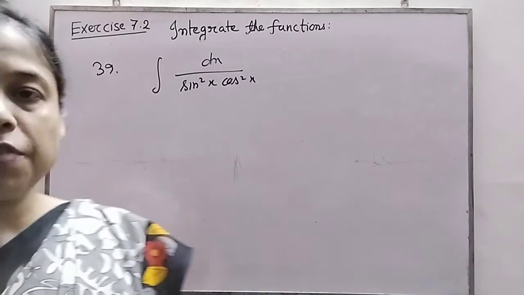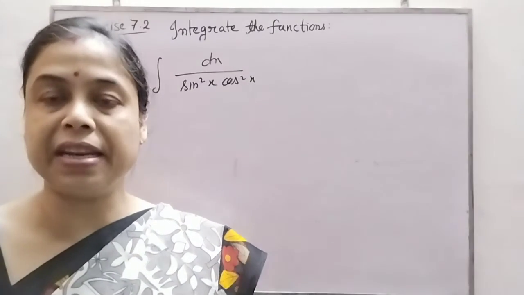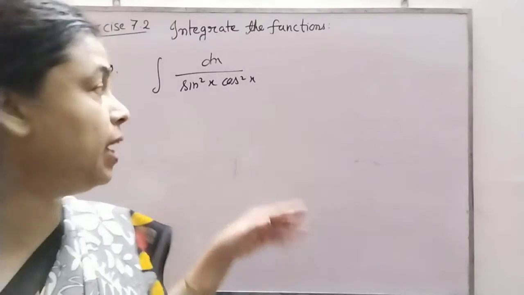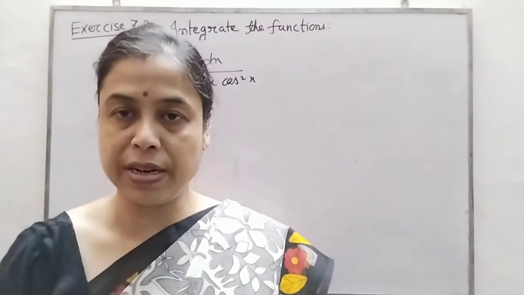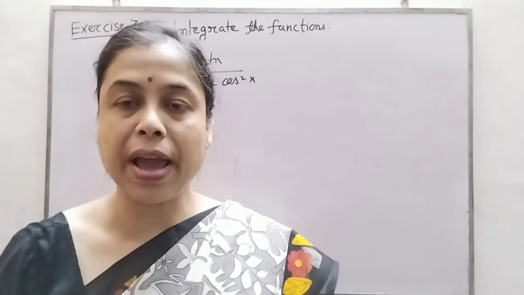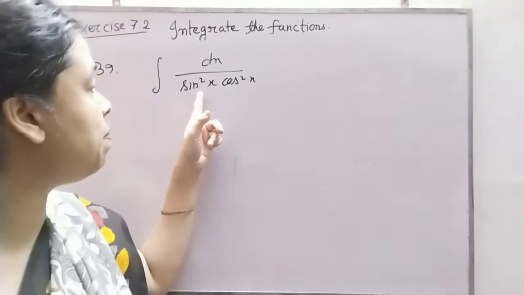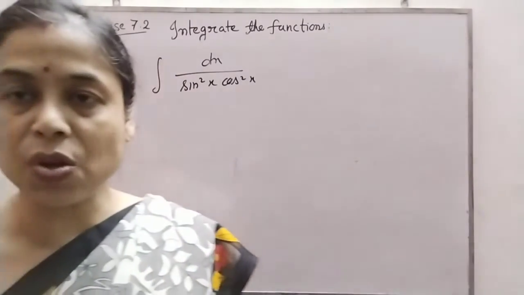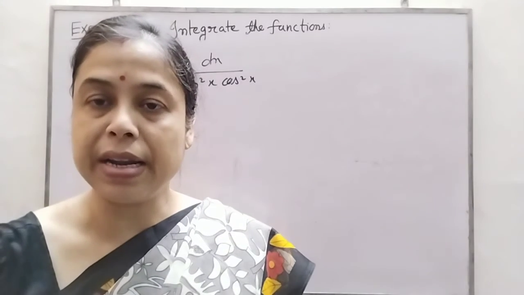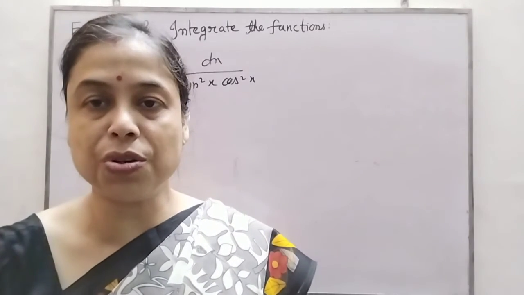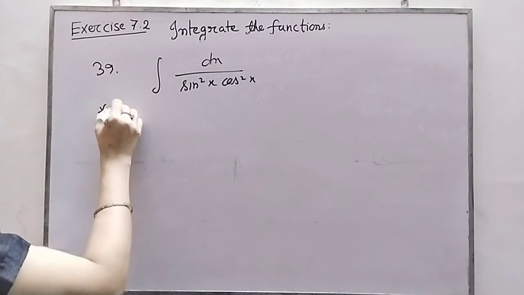Actually, this is a trigonometric question, and we'll cover trigonometric questions in detail in the next chapter. Here, generally we try to get one expression in the numerator so that I can cancel it, or I can convert it into some known trigonometric function. 1 by sine square x and 1 by cos square x are known: the integration of 1 by cos square is sec square, which is known to you. So this type of question is done like this.